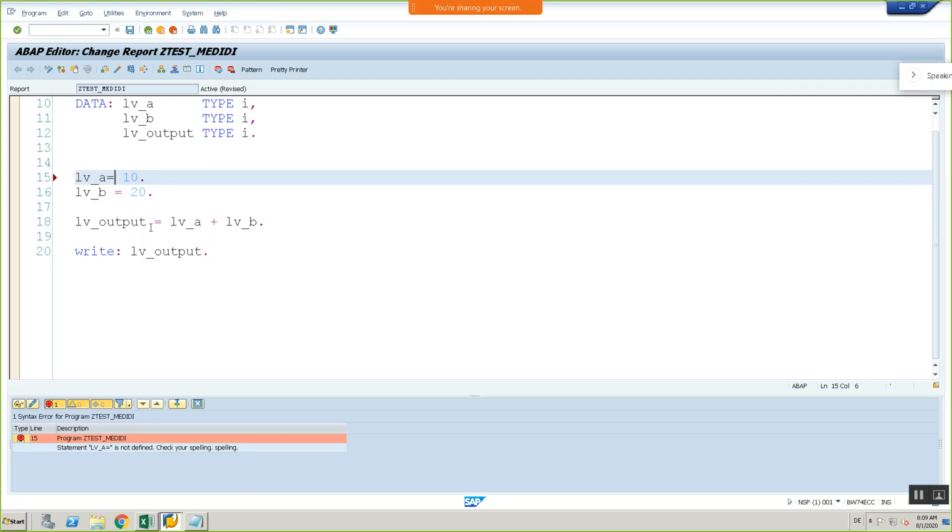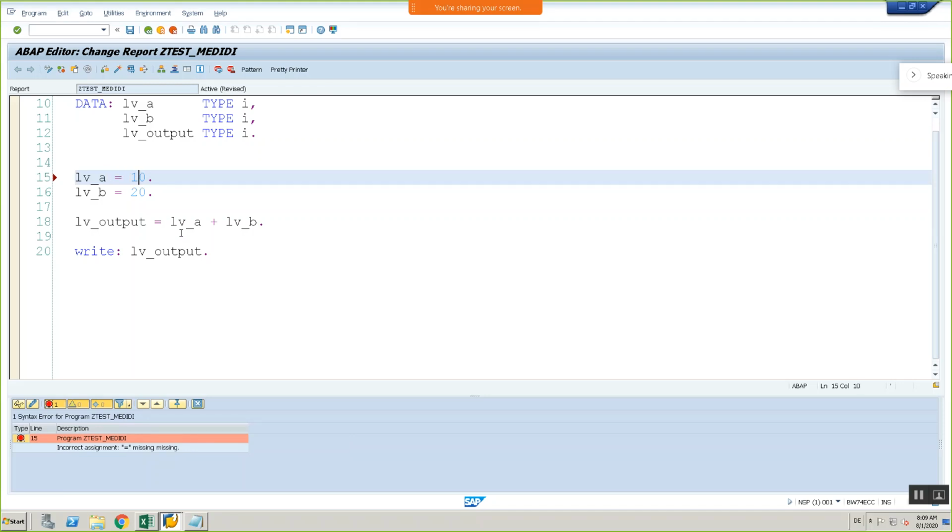So that's why it is always important to give spaces in between everything whenever writing something. lv_a is a variable. After this, give a space followed by equal to. Equal to is an assignment operator, and again give a space. For example, if I remove the space here, the system throws an error. See, equal to missing. So in order to understand this equal to operator, it should have some space before and after.